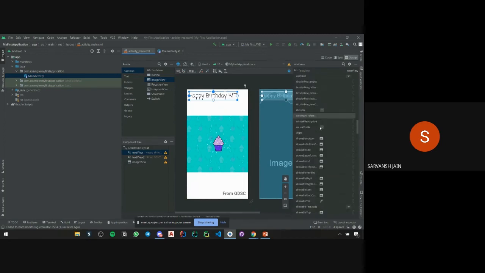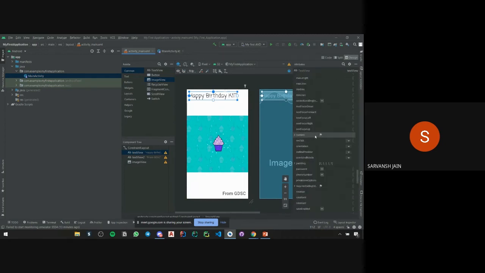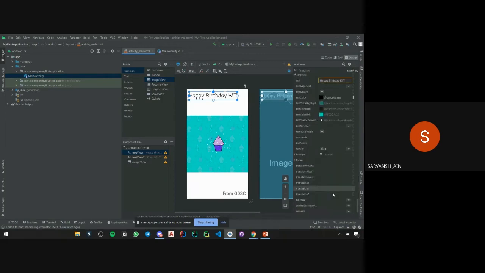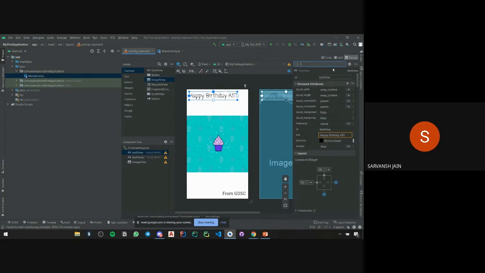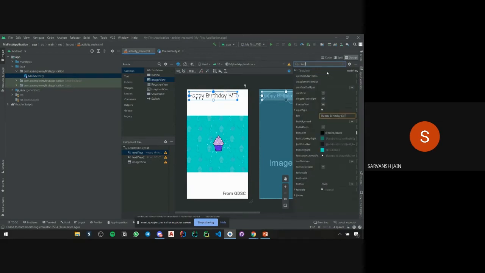You can change many things, literally for just one text. If you don't find something, there's this search option. You can search on this like text, so all the things related to text come up here. Like you were asking about text size, you can change the text size, text color, all those things from here.